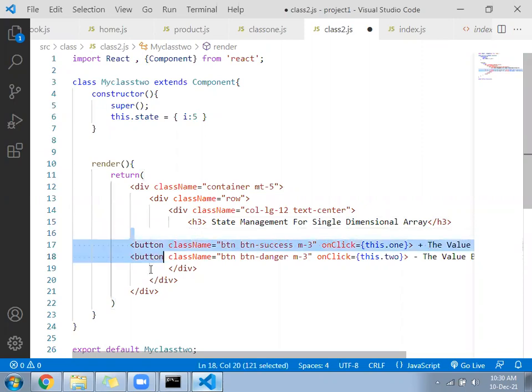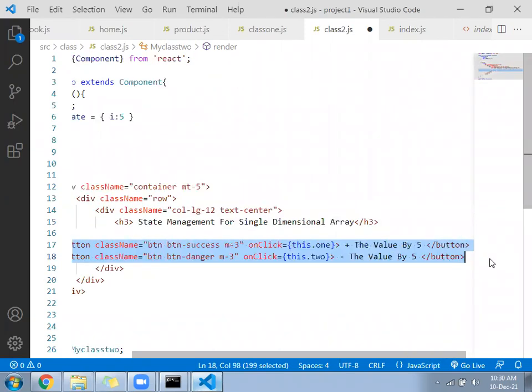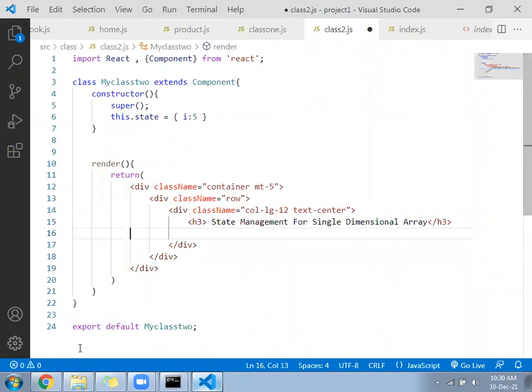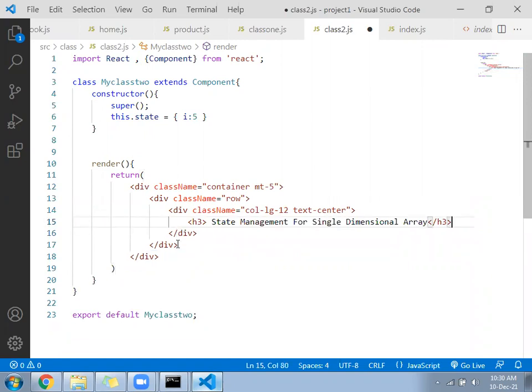Remove both the buttons. This much let it be. Clear your code. Make it ready and clear.